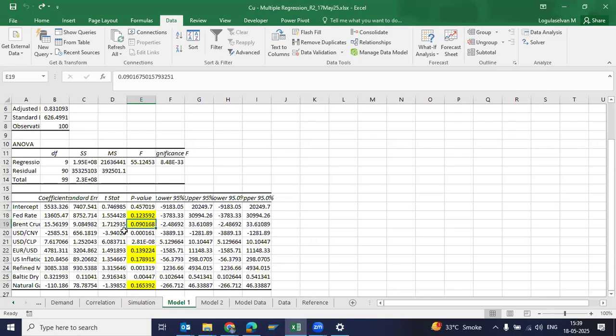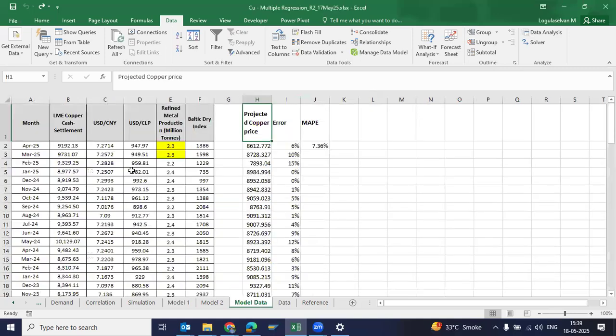So I have highlighted the values which are above 0.05. These factors will be removed because they are the least significant, which means they will not have much impact on the copper LME prices. So I'm removing all those data fields, then the final fields will be